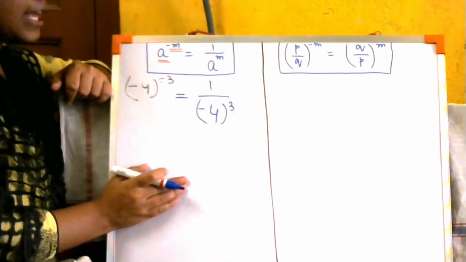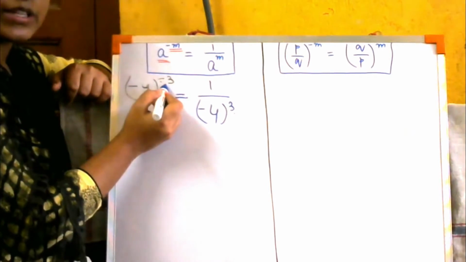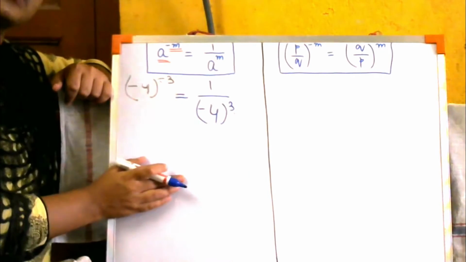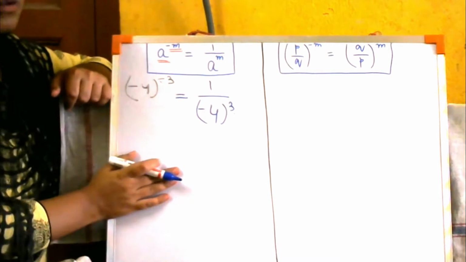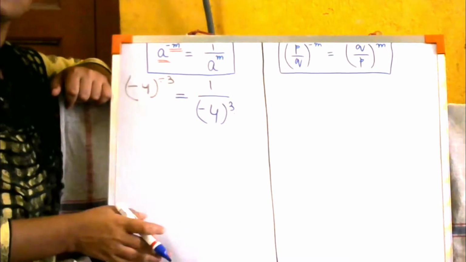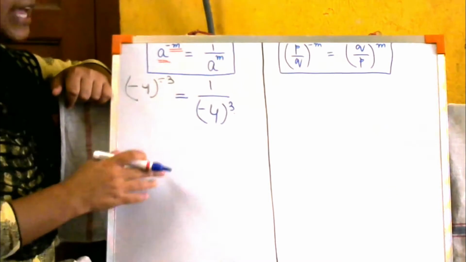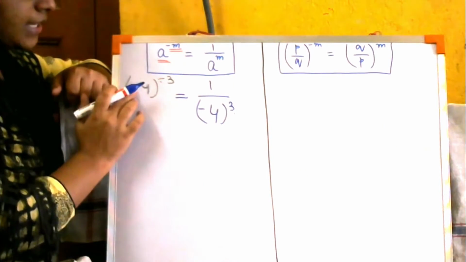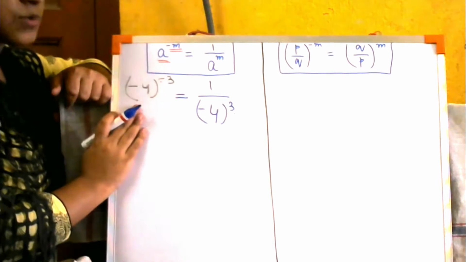Okay? Now over here, we were concerned with the power's minus sign. So do we have to be concerned with the base's sign also? The question arises over here. So my answer is no. Base can be negative also, base can be positive also. It was positive just in the previous sum. It can be negative also. So how is it negative? Over here, can you see the base is minus 4? I have written minus 4 over here.